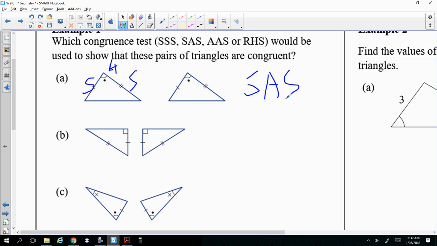Yeah, R, right angle. H is the hypotenuse. And the side, RHS. Okay, let's look at the next one. I'm going to ask,